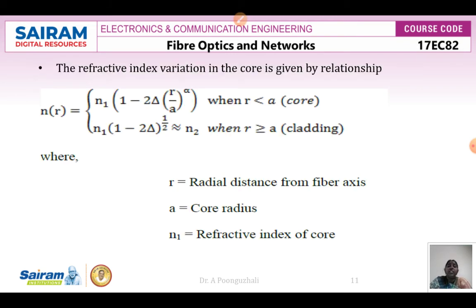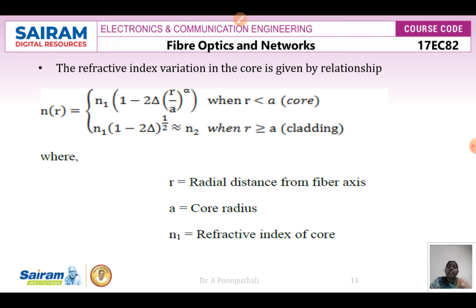So the refractive index variation in the core is going to be given by the relationship n(r) = n1 [1 − 2Δ (r/a)^α]^(1/2) when r is less than a. Since it is going to follow a parabolic path, this is your refractive index. And when r is greater than or equal to a, your refractive index is going to be n1 (1 − 2Δ)^(1/2), which is approximately equivalent to n2,